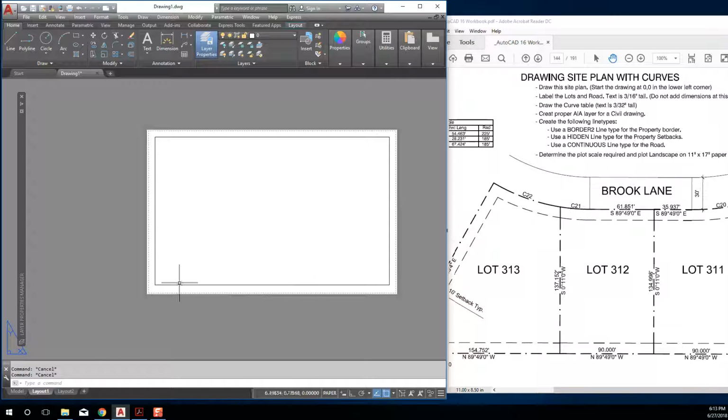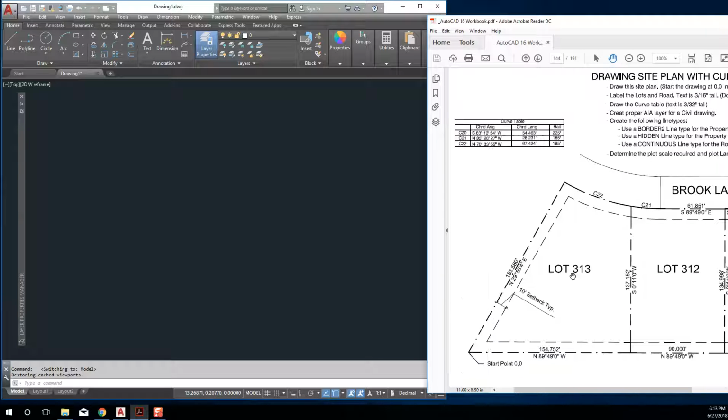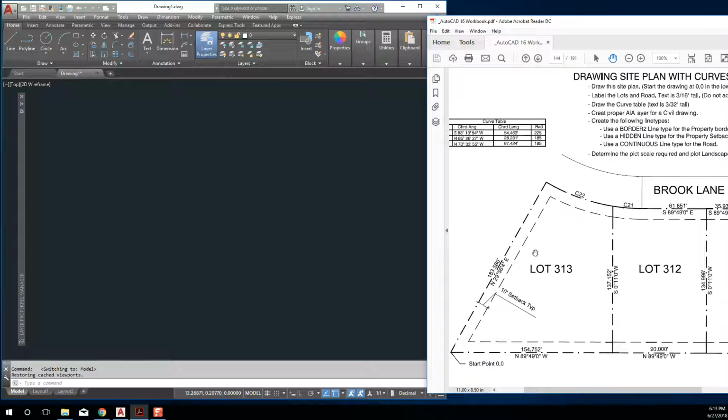Okay, so I've got my piece of paper ready to go. I've got all my layers, my units are set correctly, so it's time for me now to draw this. The first thing that I'm going to do in drawing this is look at it, and decide which way I'm going to draw this. So if this is north, east, south, and west,